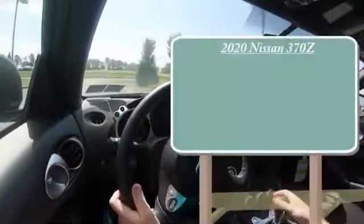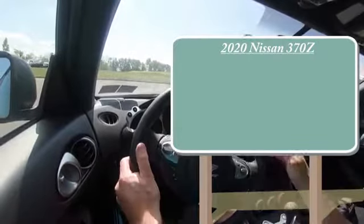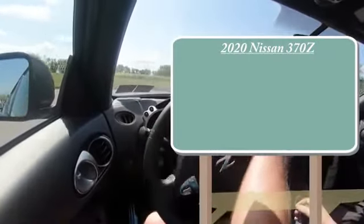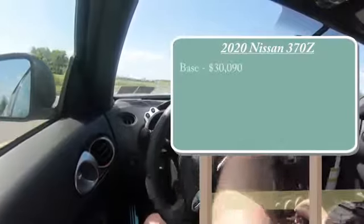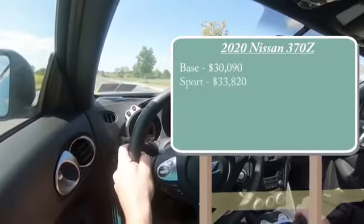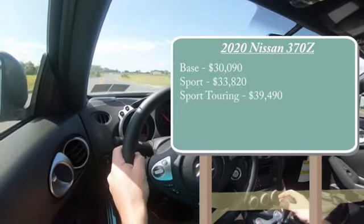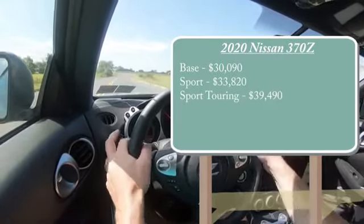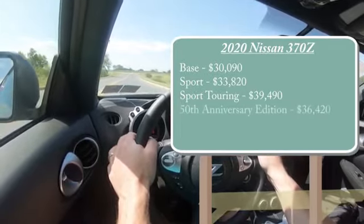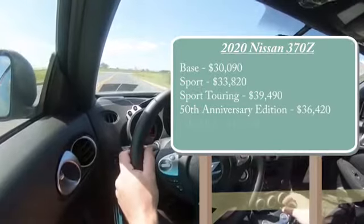So, as always, you guys, let's start with pricing. And so, as expected, there will be several different trim levels for the 2020 Nissan 370Z. First one being the base. That is the one we have today. That one starts at $30,090. Then you have the Sport for $33,820. Sport Touring for $39,490. 50th Anniversary Edition. That is the new trim level for the 2020 Z. That one is going to start at $36,420. And lastly, of course, the Nismo starting at